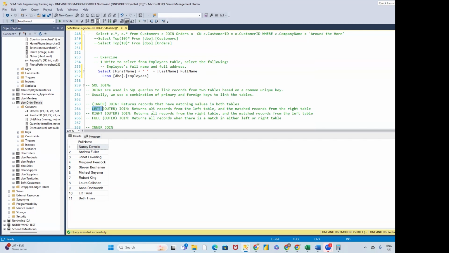Okay. And then you have the full join. And then the full join, it says return all records when there is a match in either left or right. In this case, what that would do is, it's just like you're stitching the two tables together, right? But then, say for example, there are